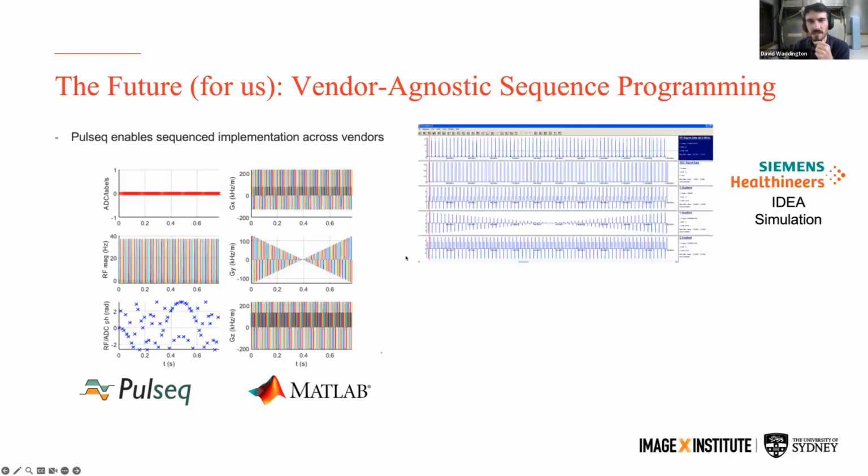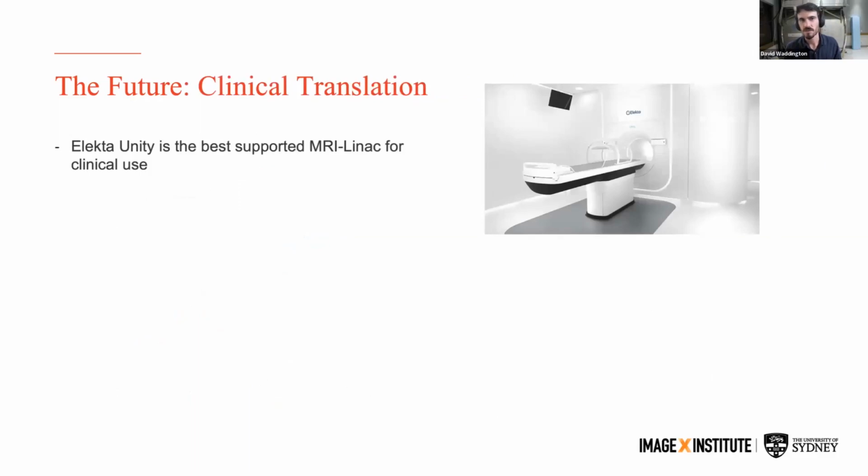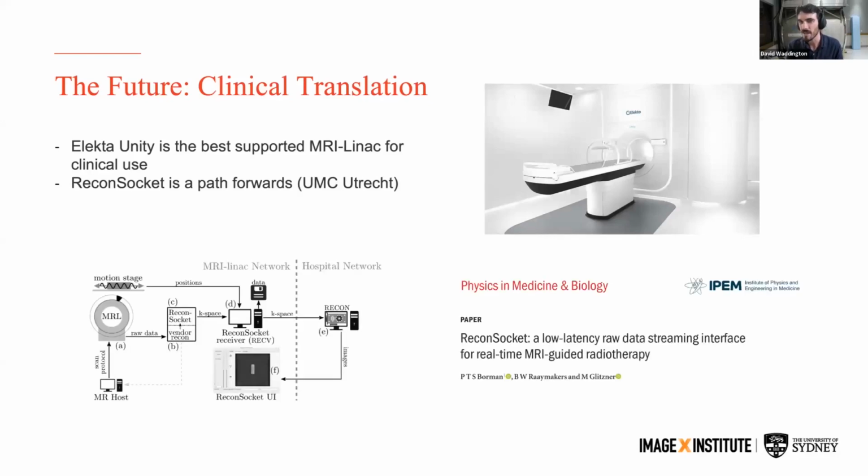In this case, very recently, in the last couple of months, we've got it up and running on our MRI Linac. So we can simulate and show that the sequence is what it's meant to be, and then image a very basic phantom. But I'm really looking to hopefully support some of the more cutting edge acquisitions across vendors and implement those. And then also to say that for the clinical translation, we're looking towards the Elekta Unity, which is the best supported MRI Linac. There is a tool called ReconSocket that's developed by a team at UMC Utrecht. It's very similar to the Gadgetron in terms of the architecture and the approach and enabling reconstruction, but it's